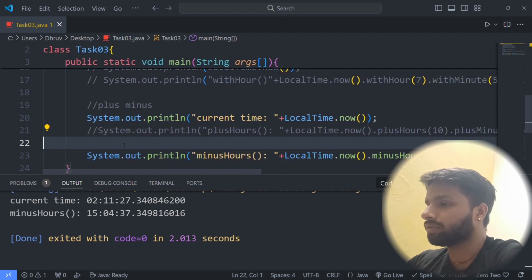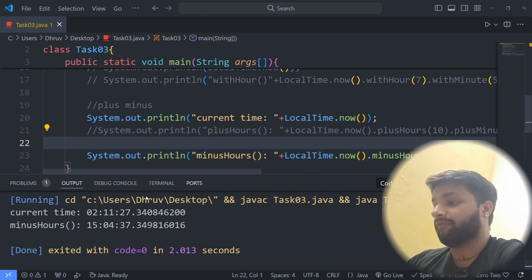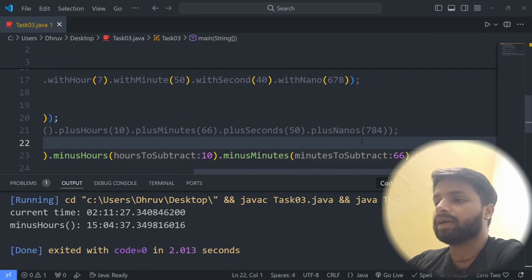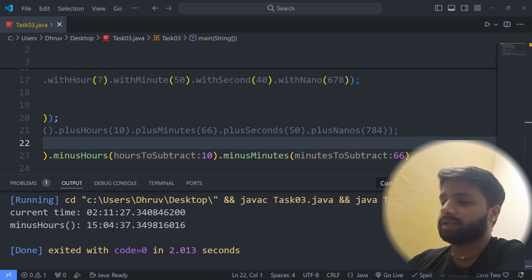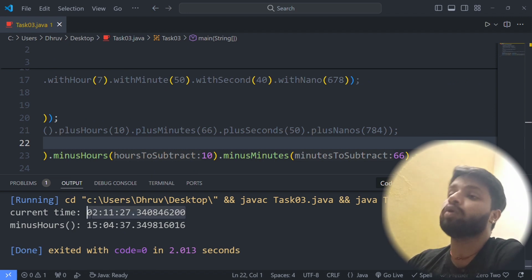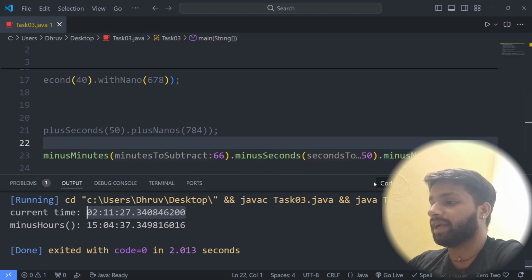Yeah, okay. So minus hour. When I deduct 10, you can calculate, it will remain 15. When you deduct the minutes, which is 66 minutes, then this will become this much minute if you deduct from the current time, which is already visible to you, and this much second, 50 second, and 78.4 nanoseconds.